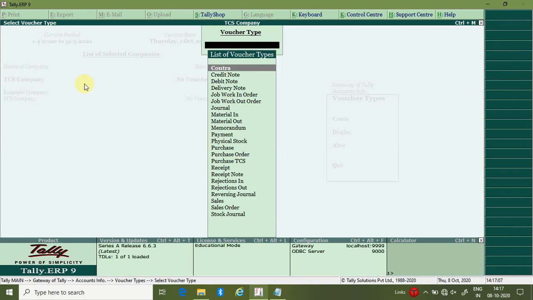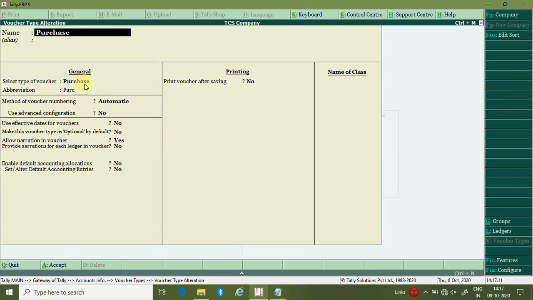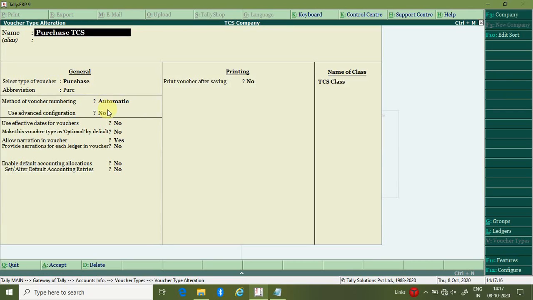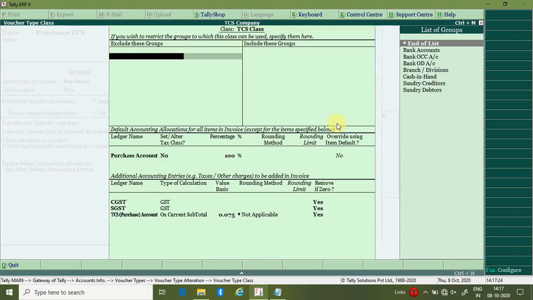I am creating one class. Okay, I have already created it, I'm just showing you how to do this. So I'm going to the purchase TCS which I have already created. Simply go to the name, give the name of the class. I have given here TCS class simply, and go inside the class and select the purchase account over there